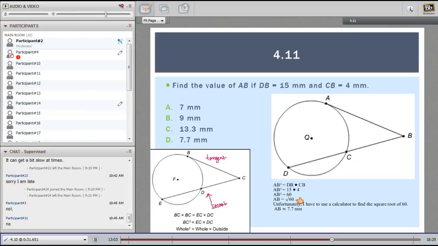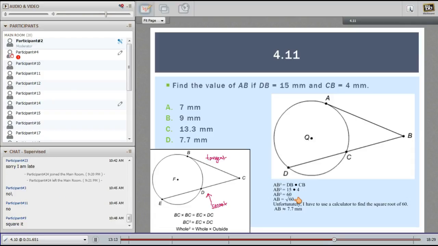So if you had multiple choice answers, or even if you didn't have multiple choice and you had to give an estimate, you could take the answers and square them, right? So you could say 7 times 7 is 49. Well, that's a little bit low. 9 times 9, 81. That's a little bit high. So it has to be between